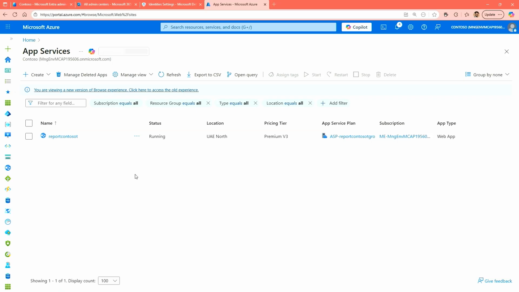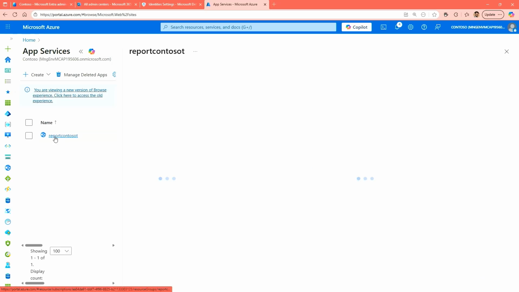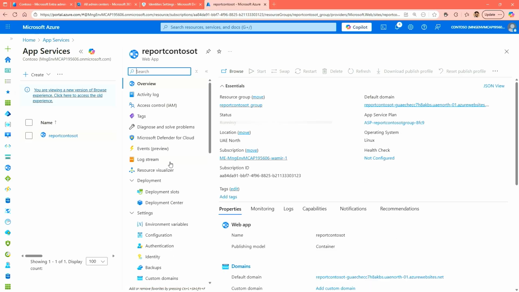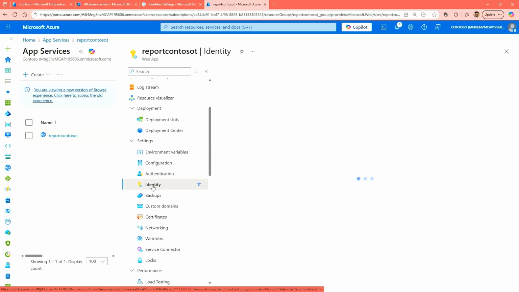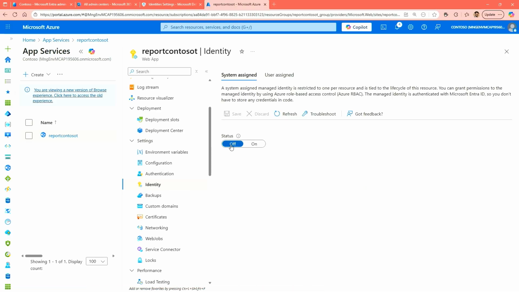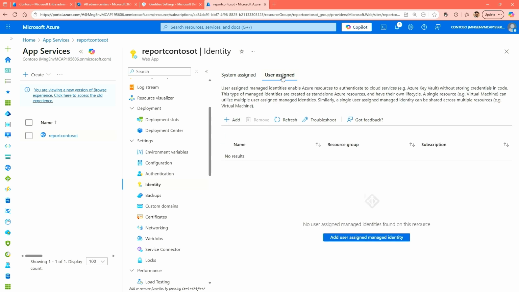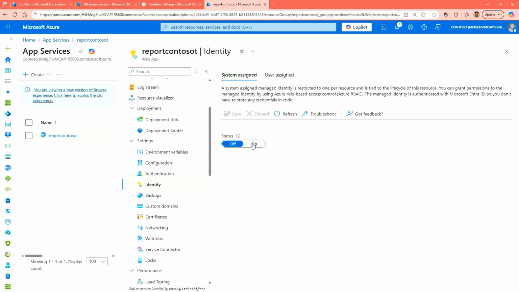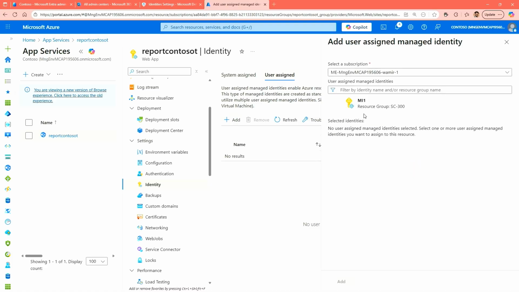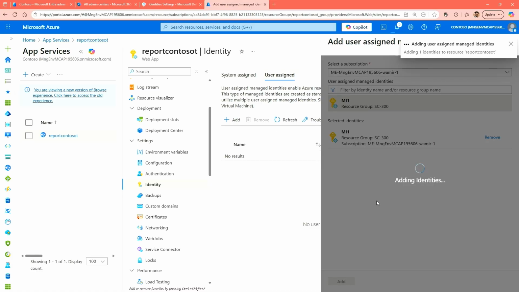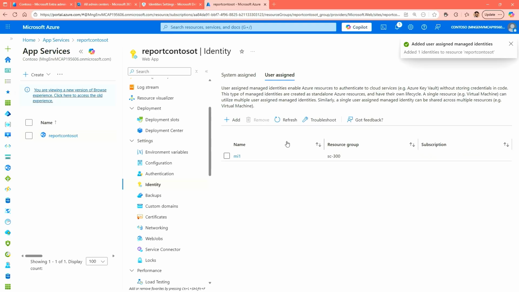Now, if I quickly jump onto another example, if I look at an application, again, just to quickly show, I have another resource called Web App. The Web App also has an identity tab available under the blade. In here, I don't necessarily have any managed identity associated to this app. I can simply switch it on, and this is where the system will assign it a managed identity. Or if I click on the user assigned, same process again, I can simply come in here and say, hey, I'm assigning you an identity. Now this managed identity would be the user assigned managed identity for this application assigned to it like so.